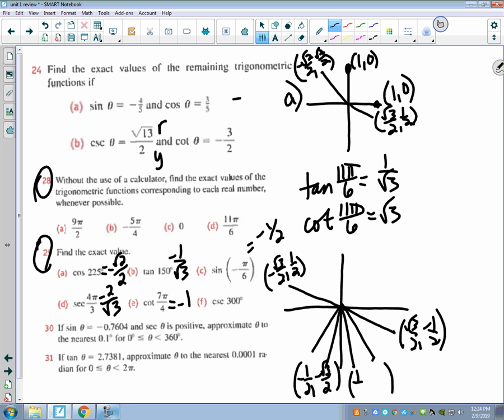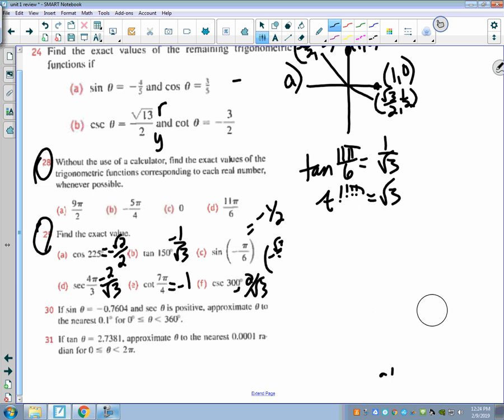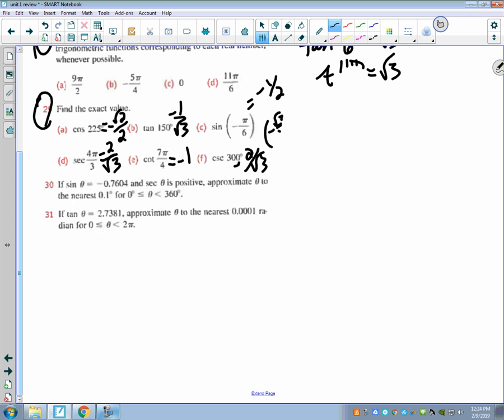And cosecant of 300, 300 is down here, so that would be positive 1/2, negative square root of 3 over 2. And cosecant is a reciprocal of sine, so that would also be negative 2 over the square root of 3. Those are exact answers. You got to know how to do that. Okay? 30 and 31, not going to be on tomorrow's part of the test, but definitely going to be on